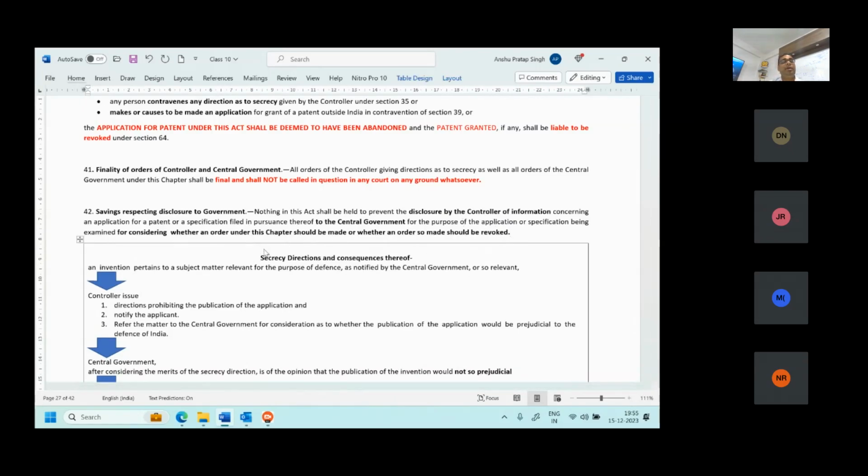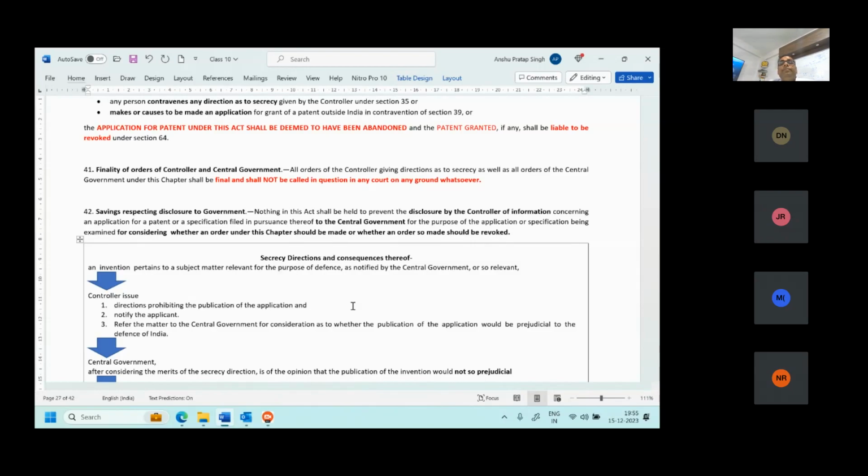Now comes secrecy direction. I have made a flow chart just for easy reference of these entire 42 sections. So for an invention, once you have submitted the application, they look into it before publication. They have to check whether the subject matter is relevant for the purpose of defense.